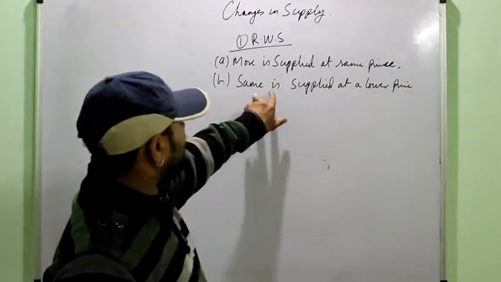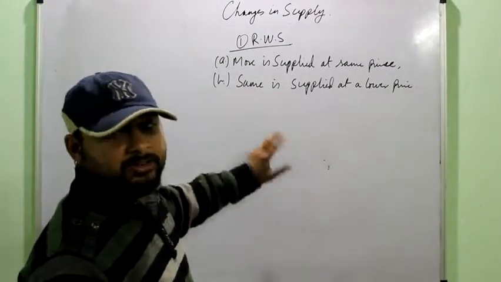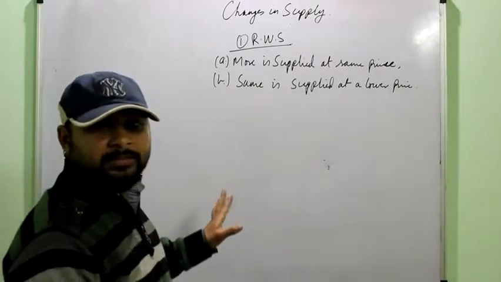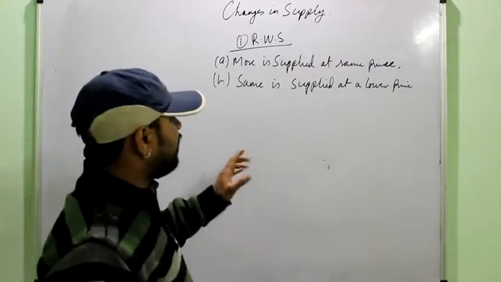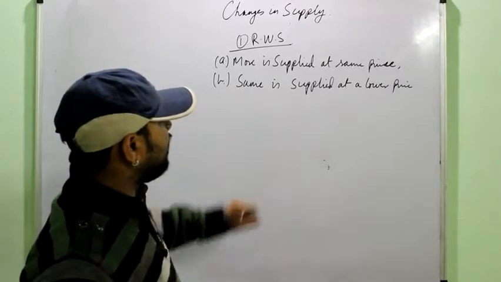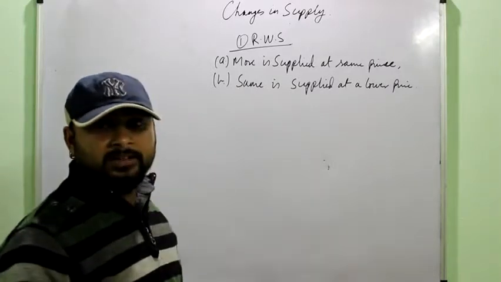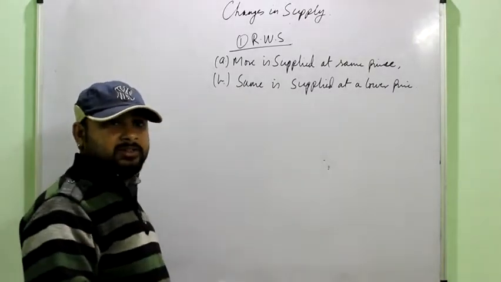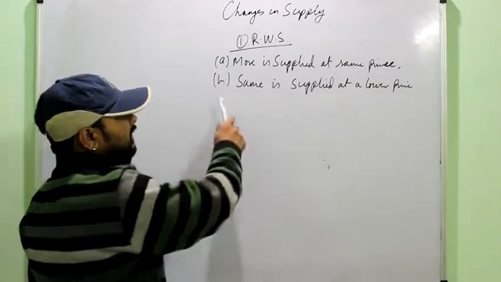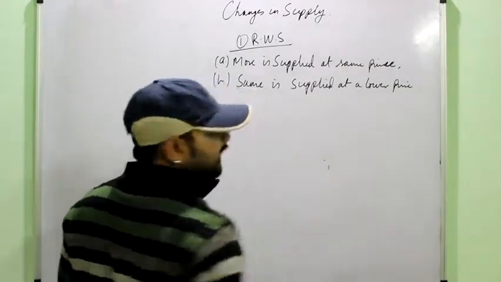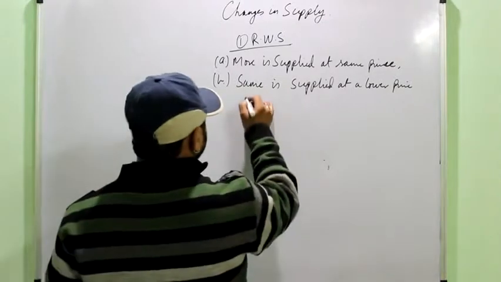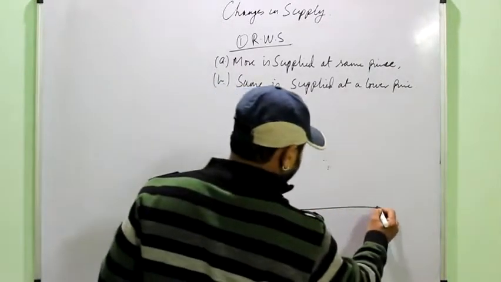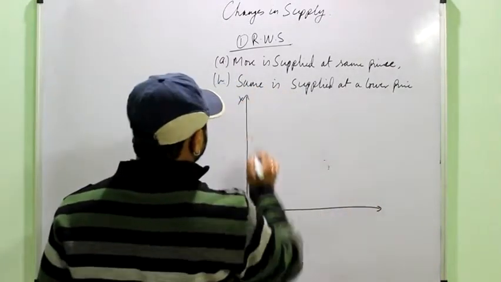The second situation, when even the price has fallen, then also the seller continues to supply the same units or the same quantity of the commodity, that cannot be part of the contraction or expansion, means it cannot be part of the movement, then it is the part of the rightward shift. Now diagrammatically we can understand these two cases or two situations.